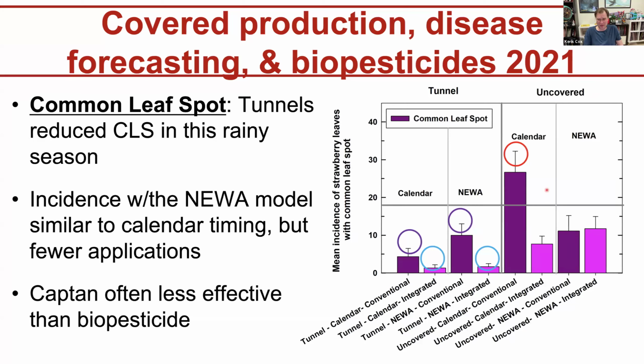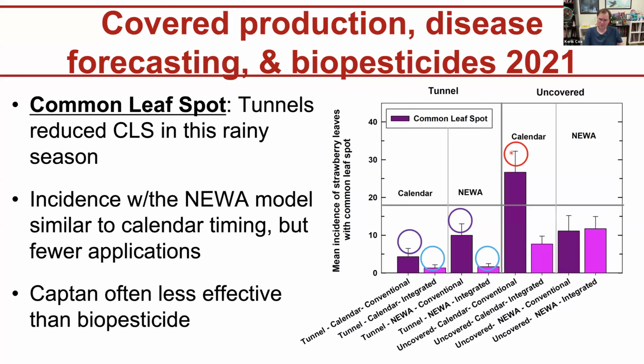The first thing that you can kind of see is it's a pretty hefty year. About 20% is a threshold that, if reached, would sort of compromise the ability of your strawberry to be productive. So in this year, everything was pretty much under the threshold, but you could see immediately the magic of having cover over your crop is a lot better. The bars tend to be a lot lower when you're under a tunnel than in the open environment,